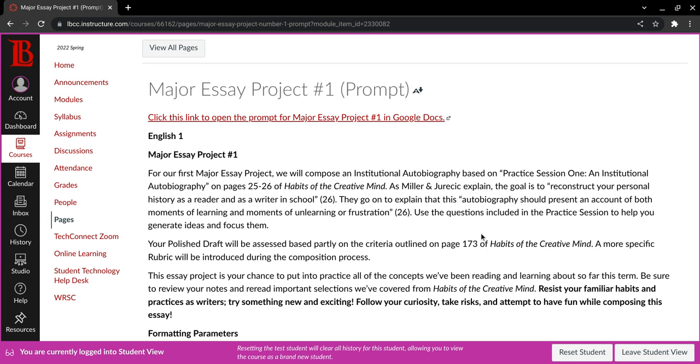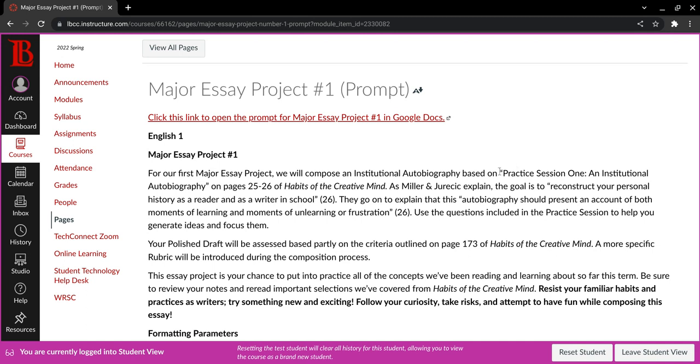As Miller and Jurecic explain, the goal is to reconstruct your personal history as a reader and as a writer in school. They go on to explain that this autobiography should present an account of both moments of learning and moments of unlearning or frustration. Use the questions included in the practice session to help you generate ideas and focus them.